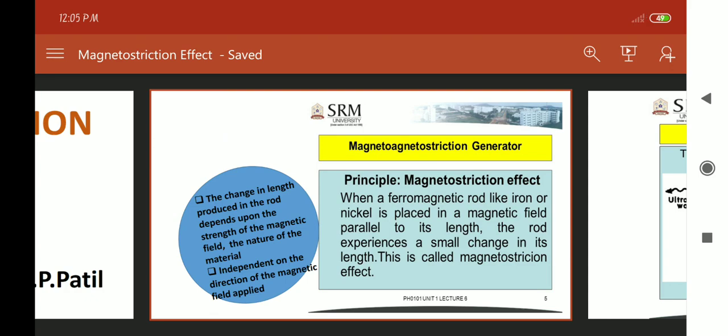So this is about the principle of the magnetostriction effect. Very simply, you can just say that when a rod made of ferromagnetic material is placed in a magnetic field parallel to its length, then the length of the rod changes, and that is called the magnetostriction effect.